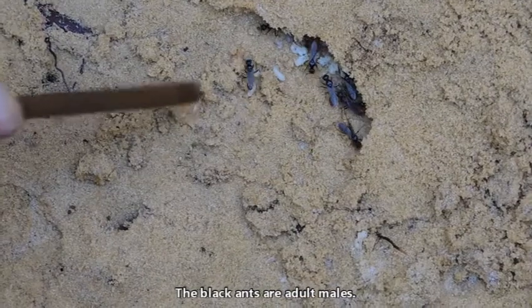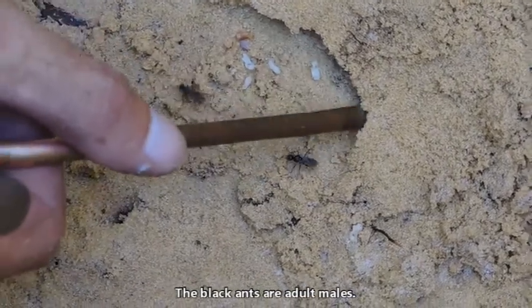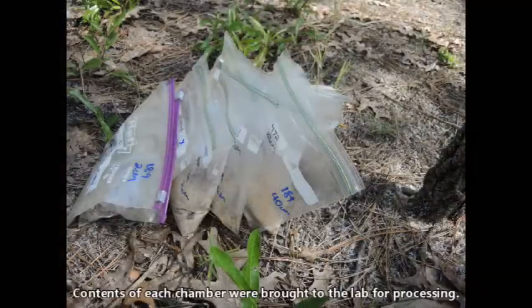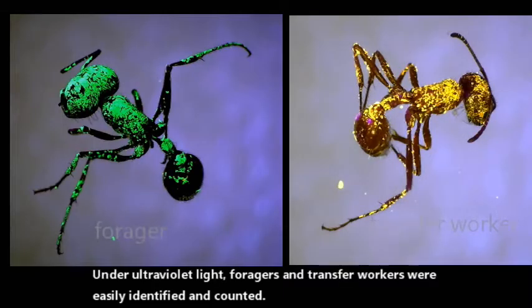The black ants are adult males. Contents of each chamber were brought back to the lab for processing. Under ultraviolet light, foragers and transfer workers were easily identified and counted. The results: